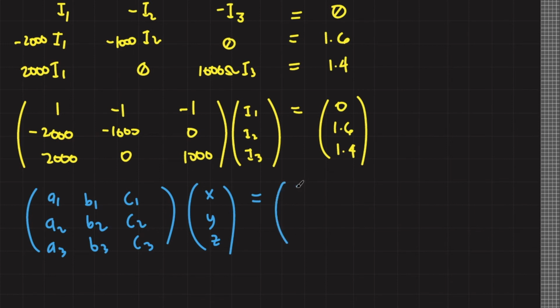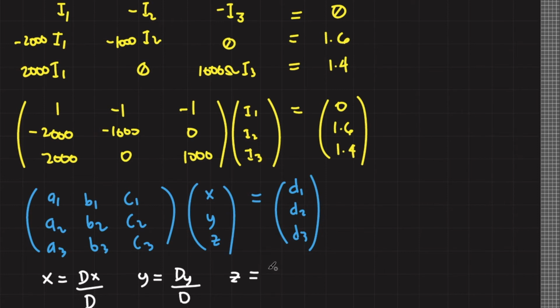Equals constants, B sub 1. Now, when you have a matrix in this form, then you can actually calculate for x, y, z using determinants. When you want to calculate for x, you just calculate the determinant for the x components divided by the determinant for this entire matrix. And the same goes for y. Y equals d sub y divided by d, and z equals d sub z divided by d, or the determinant